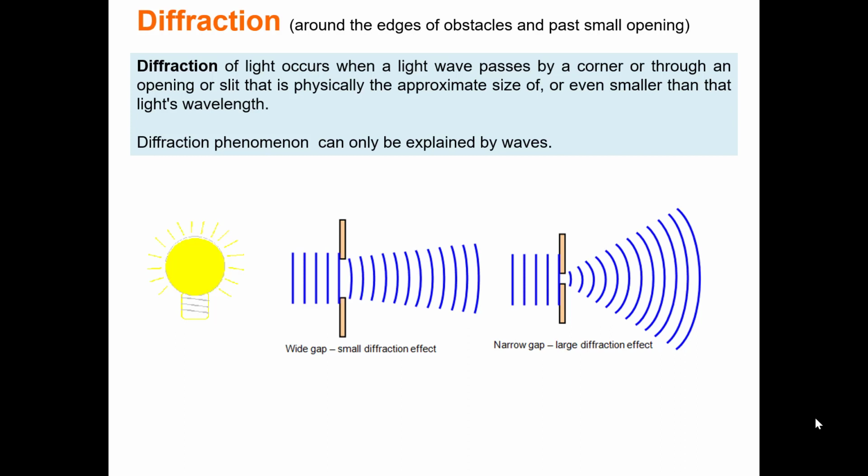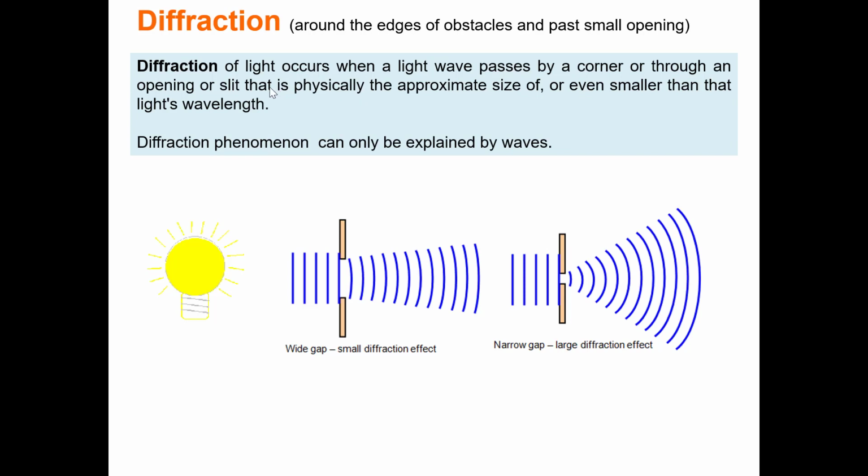One of the phenomena that can now be explained if we consider light as a particle is diffraction. And remember we defined diffraction before, when a wave can pass around the edges of obstacles and through small openings. Then the diffraction of light occurs when the light wave passes by a corner and can go around obstacles